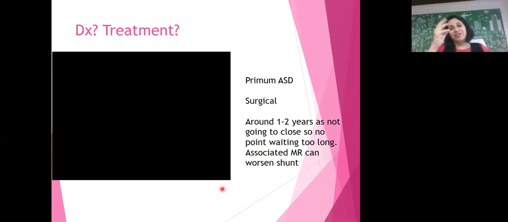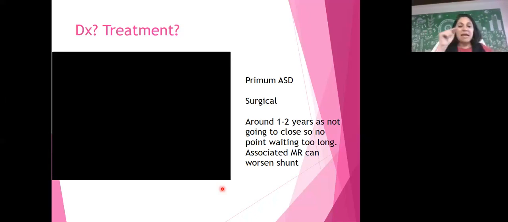Shiva, Vishnu, some Lord is going to make it smaller. So in secundum ASD, we are waiting because there is a chance it can become smaller. Primum ASD, we know it cannot become smaller, and we know they can get early pulmonary hypertension, so we operate